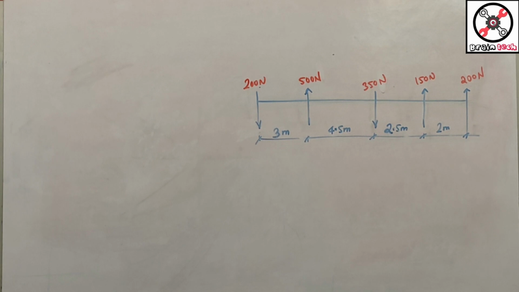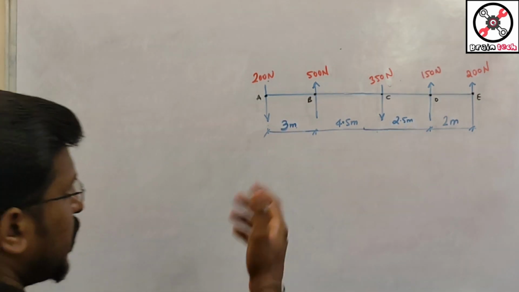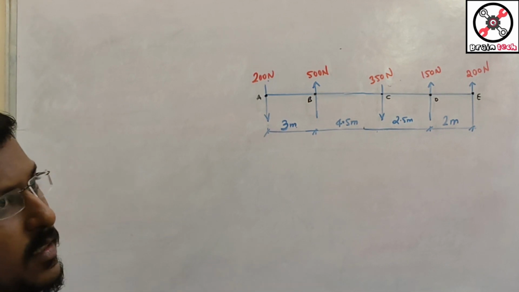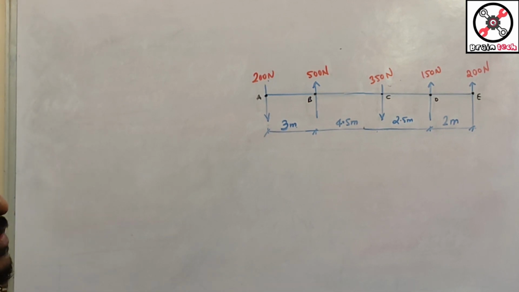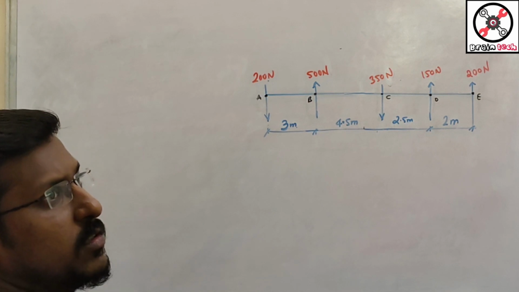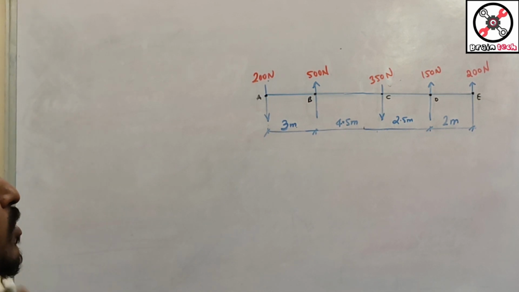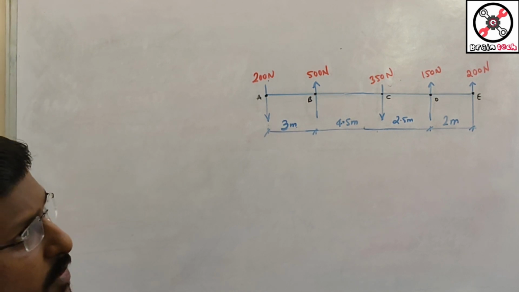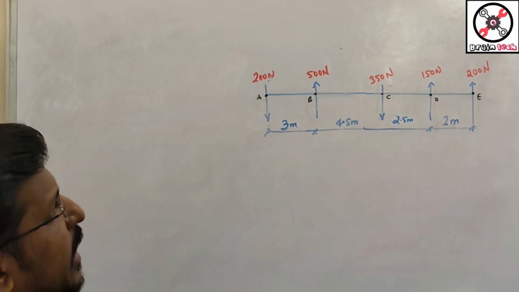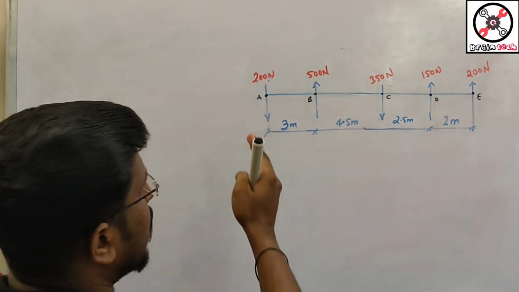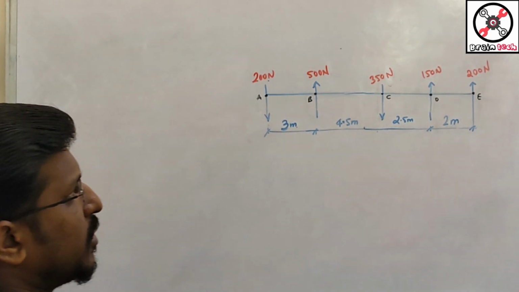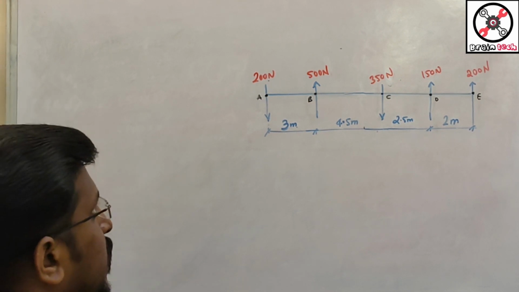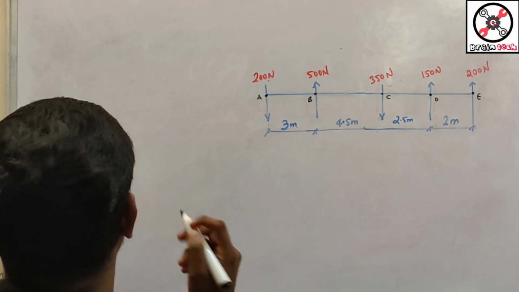So let's start with the solution. In the question they have mentioned that the given system is a parallel system of forces, right? Suppose if in the question it is not mentioned, they have just said find the resultant for the given diagram. By looking at the diagram, you can see all forces are parallel to each other. With this we come to know that this is a parallel system of forces.